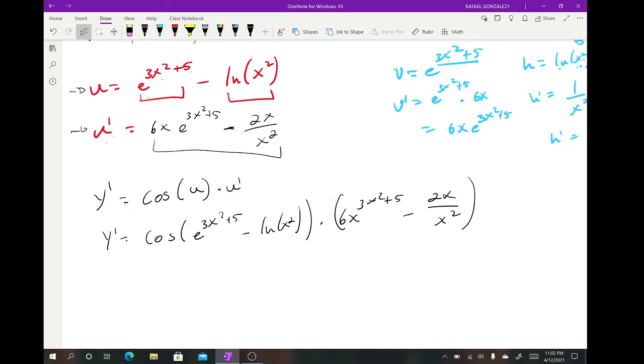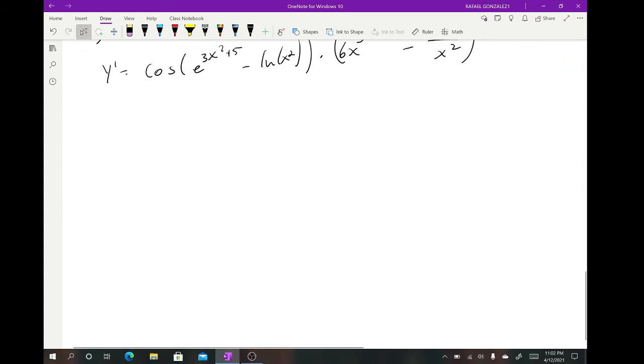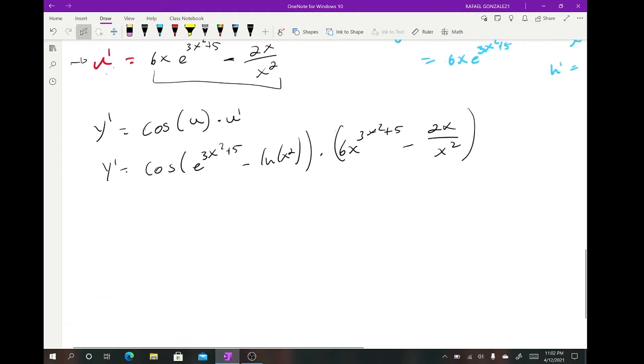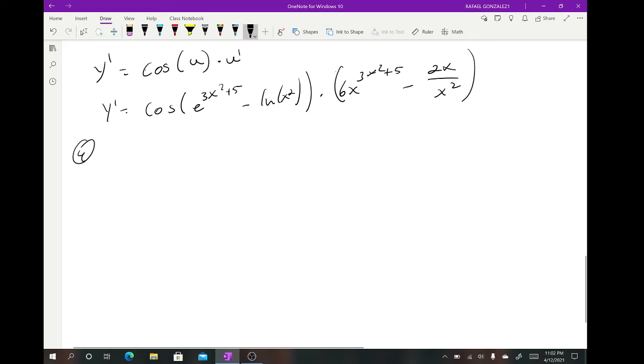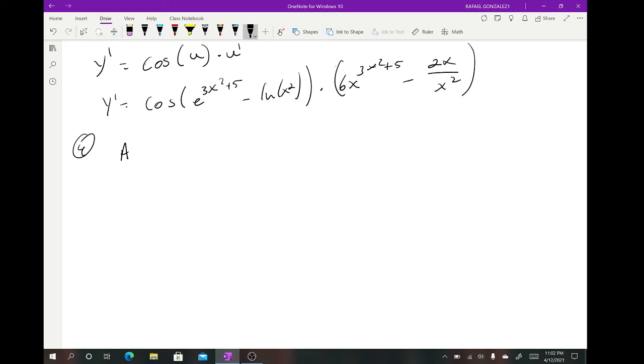All right, so let's look at another one. The next problem will be using related rates. So that's problem number 4. Remember that we can use a derivative to find out how two quantities change with respect to one another over time. So let's say we have a circle